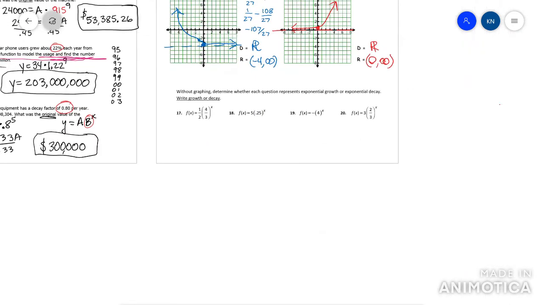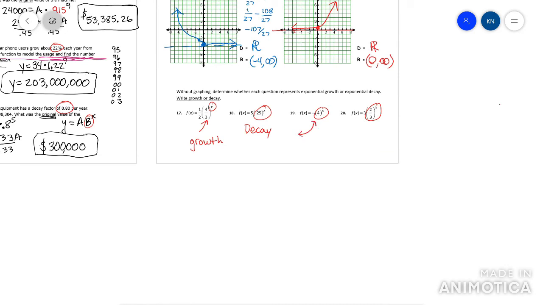Okay, and then in terms of if these are growth or decay, you want to look at the b value, the one with the exponent, right? So like this, and like this. So this is growth because your 4/3 is bigger than 1, right? So the next one's decay because it's less than 1. Now this next one is growth,